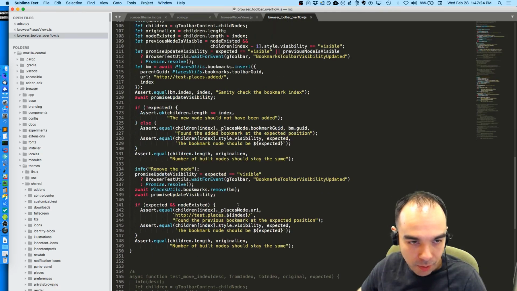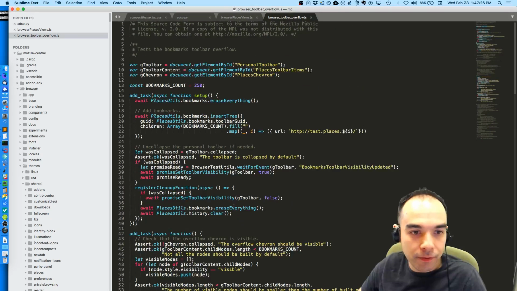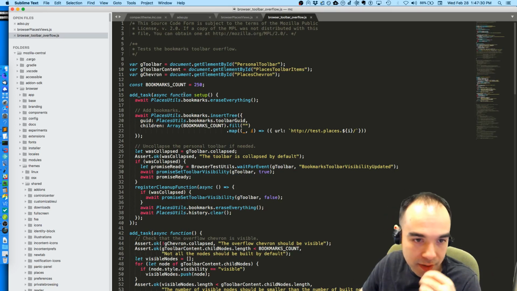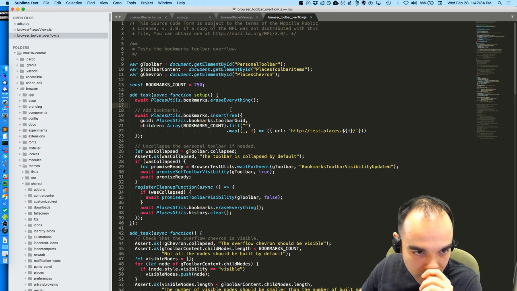It's here that we need to worry about. So what does this test do? Now that we've subtracted a bunch of stuff, let's see what the test does. First of all, it looks like it erases all of the bookmarks. So it's doing some setup here, and it inserts